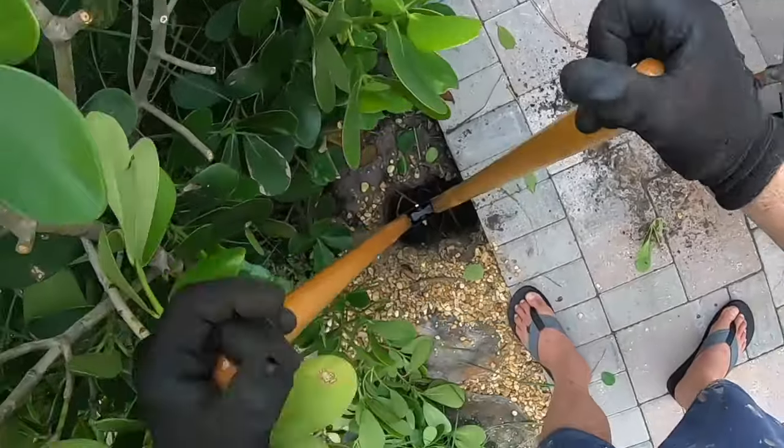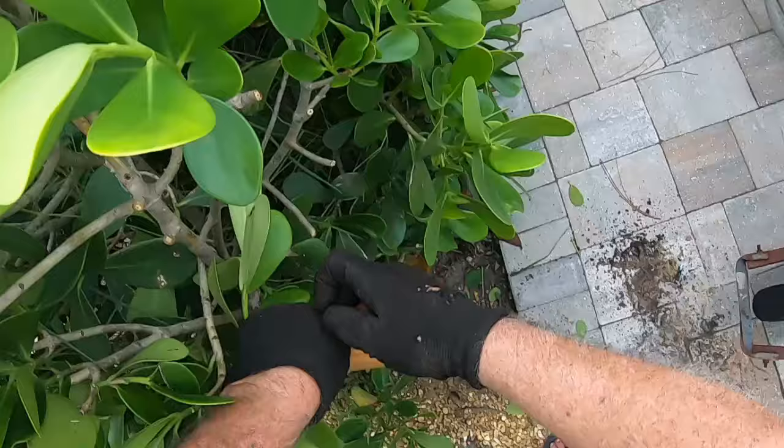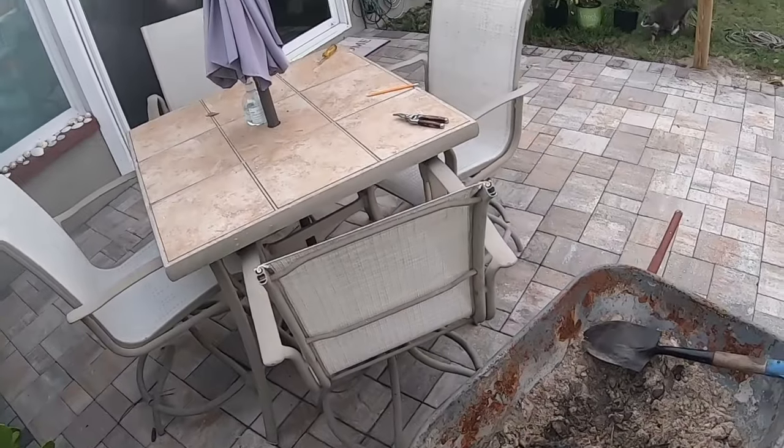They're very tough. They can put up with drought. They can put up with salt water. They grow very dense. Like, if I put these in 3 years ago, I think, to make a screen from the...